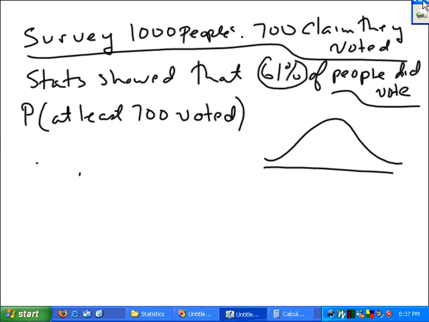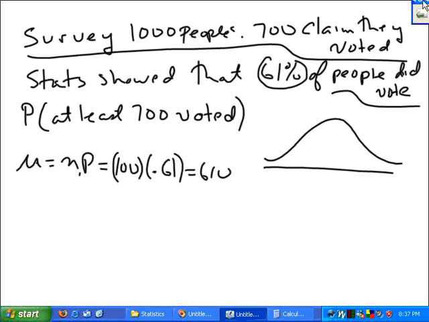If you think about it, it'll make sense. Mu is n times p. N is 100, p is 0.61. So it's 610. 610. Now, the standard deviation is